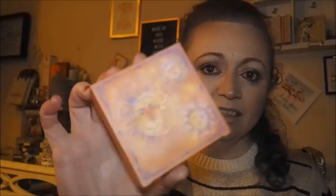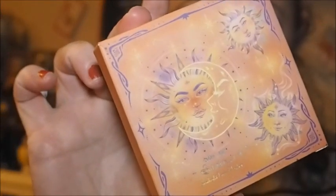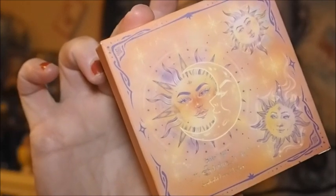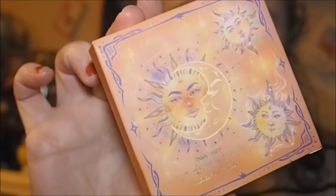So I would say this one is the least used. So it's the Oden's Eye Solmain in W102 Peach Gleam. I'm really hoping you're getting to see the packaging because I've already filmed this once and it